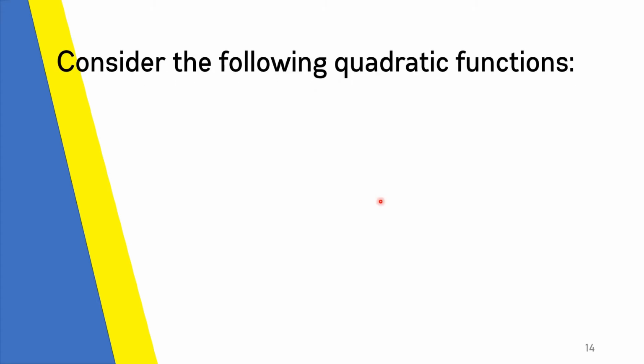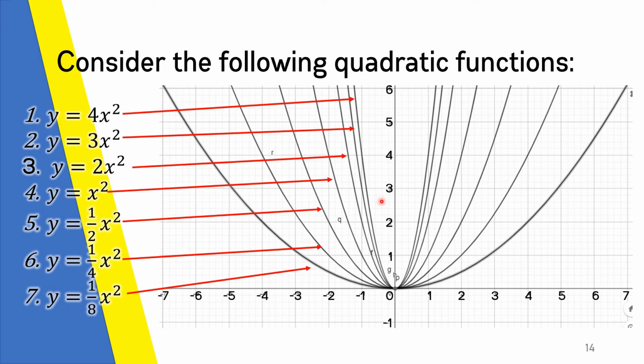Next, let's consider the following quadratic functions for this one. Okay, so we have here the sets of functions. You're going to see that we have here the same thing. We have y is equal to x squared but with different coefficients. So you could have 4, 3, 2, and 1, 1/2, 1/4, and 1/8. So you're about to look at this function. The y is equal to 4x squared. You could see this graph right here. It's quite steep,